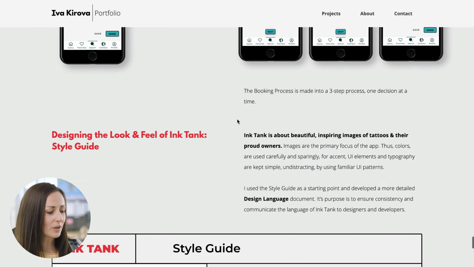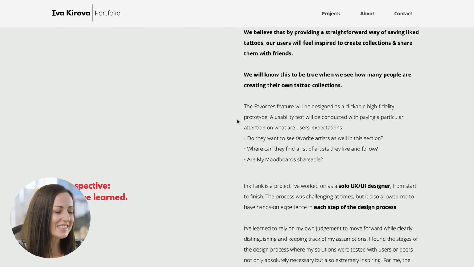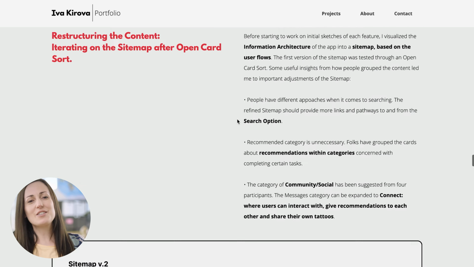The format of this portfolio is designed really well for a hiring manager to see and understand and decide whether Eva is going to be a good fit for this job. So there's a lot of information in here, so I'm going to skim over the rest. But my key highlights from this portfolio are really great layout, formatting, and presentation of the information.